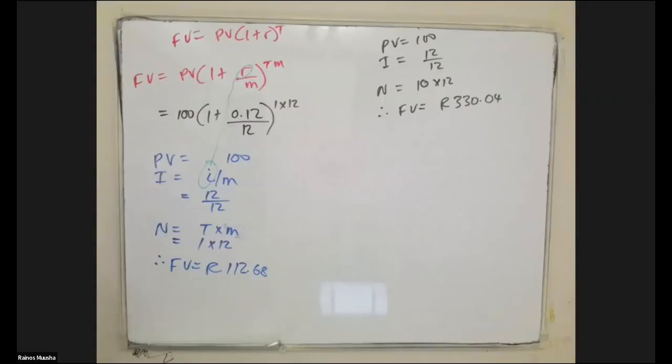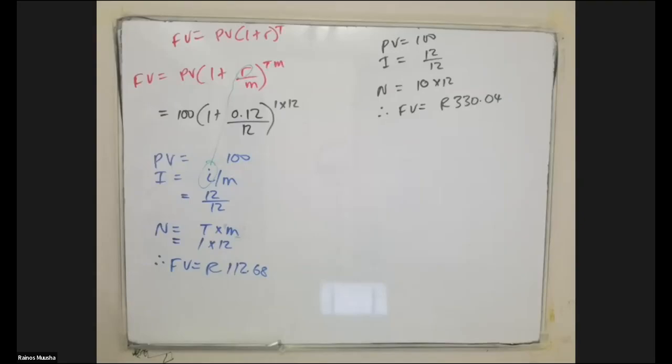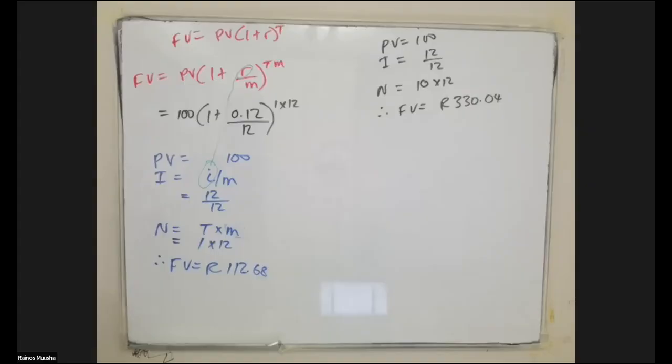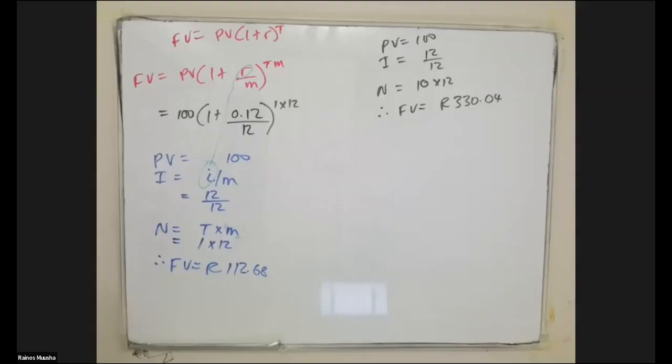I'm sorry, I think I'm lost on the one with the 10, N being 10 multiplied by 12. I get a different value. I don't know where I went wrong. Did you clear your memory? Yes. And then you said 100 is your present value. Yes, 100 is my PV. 12 divided by 12 is your interest. Yes. Then 10 multiplied by 12 is your number of periods. And then I'm using a Sharp. I say comp FV. Oh, yes. Okay. Now maybe I made a mistake somewhere because it gives me...